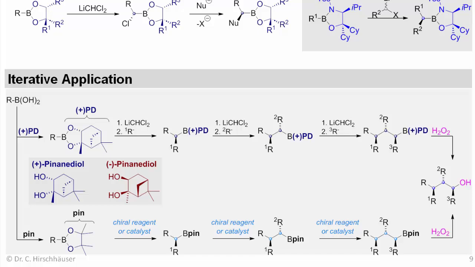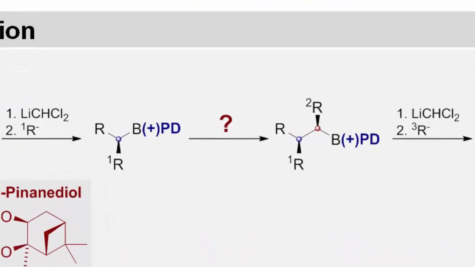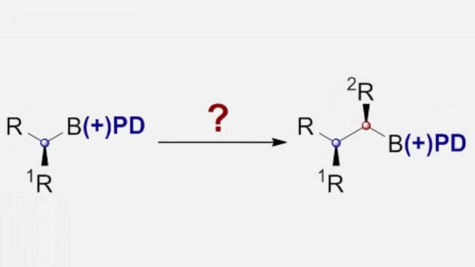That being said, there is an obvious problem with the iterative Matheson approach. Namely, that the chiral auxiliary always directs the newly introduced stereocenter the same way. Chiral reagents or catalysts, on the other hand, allow chemists to choose the configuration at each newly introduced stereocenter individually. So, wouldn't it be nice to have a cheap method that allows you to generate configurationally divergent stereocenters without changing the chiral director? This is exactly the idea that prompted us to develop our new method.